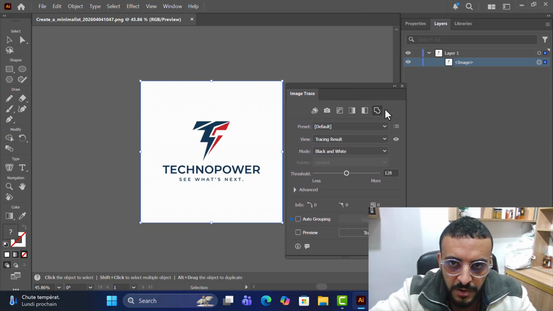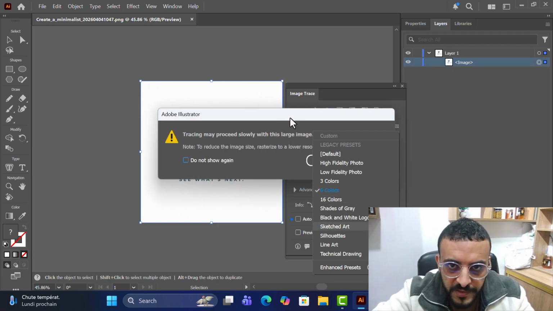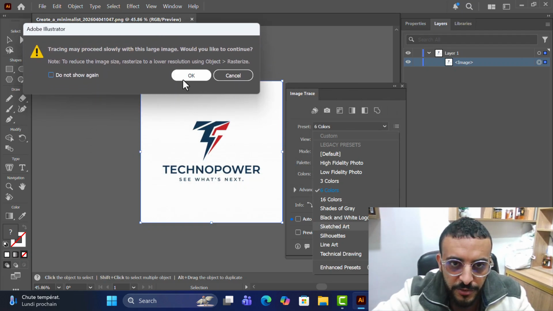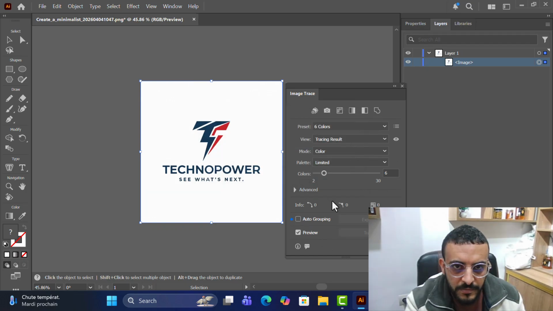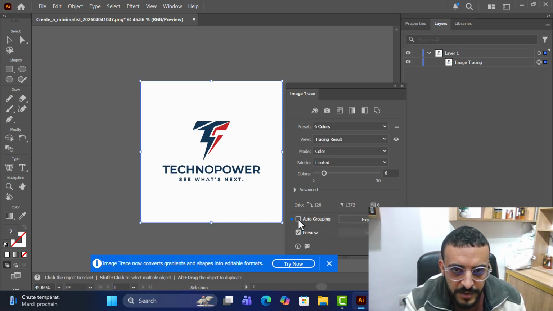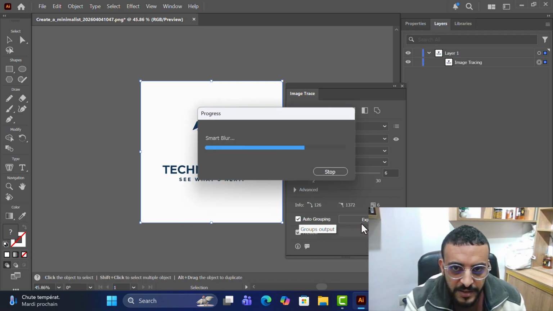and now for the preset we are going to choose a 6-color image. It depends on how much color you did use. In my case, they are below 6 colors. Now that's great. Now what you need to do is you need to check auto grouping, and then click on